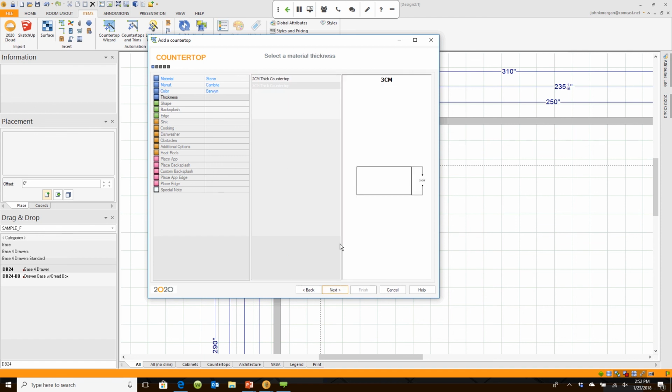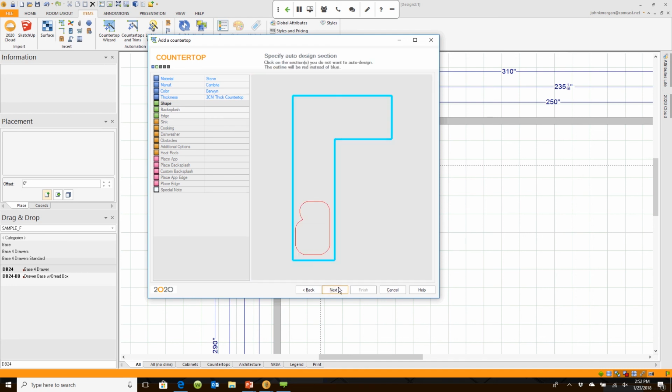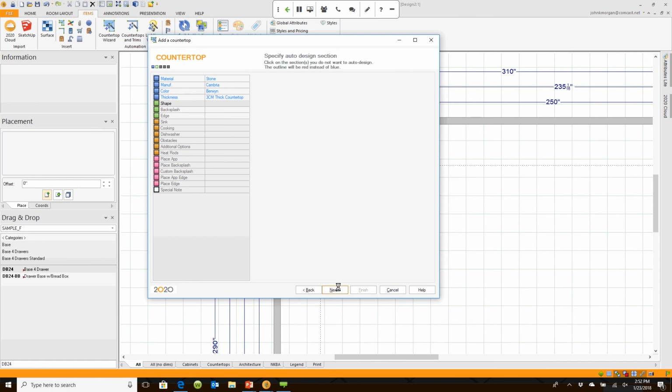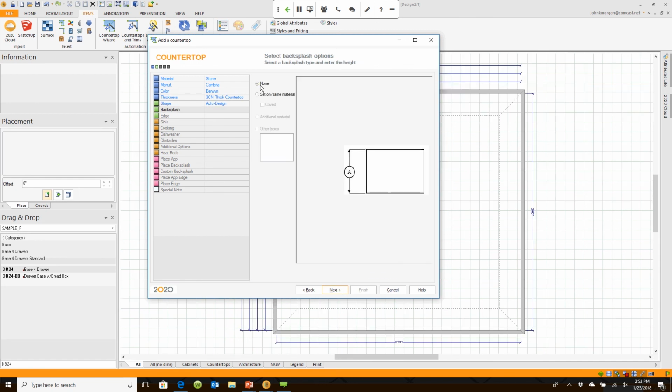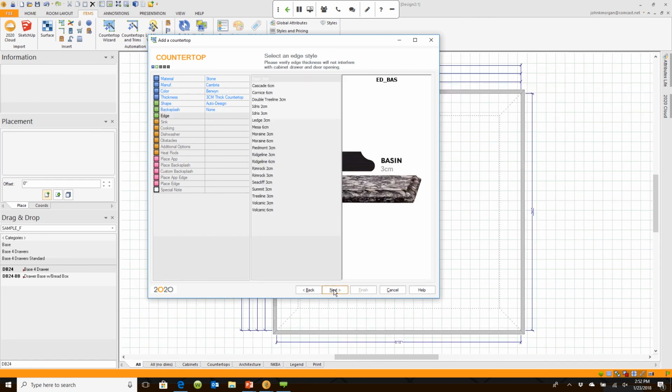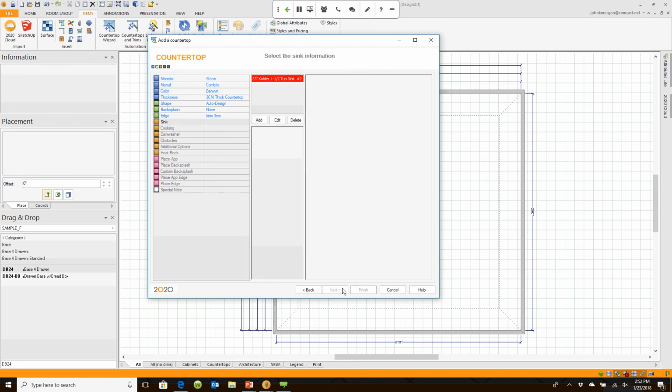Like I'm going to say 3 cm for thickness. You'll hit next. And it's going to ask you another selection. It'll say, do you want to auto design? I'll say yes. I'll hit next. You'll see a little pattern here. All you do is answer the question and hit next. And every time you answer that question, hit next, it simply takes you to the next question, and then you answer that question. Like right now, it's asking me what type of edge do I want,